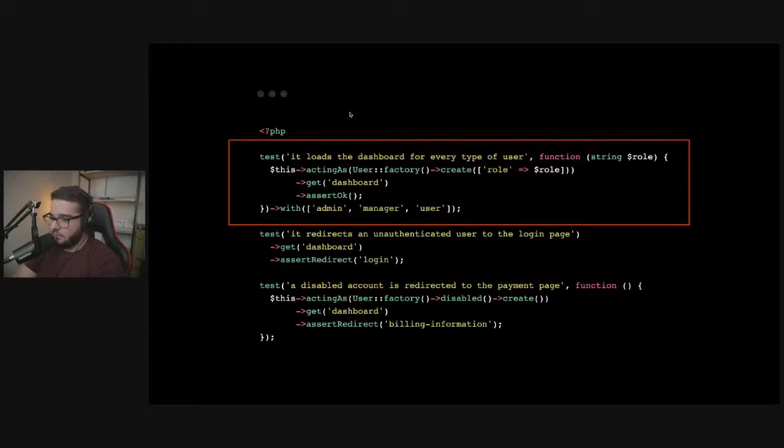And then the test simply makes a GET request to the dashboard route, URL, and then it makes sure the response was okay. So you might think, okay, this is super silly. Why would I write a test for something so simple and for the dashboard, which is probably the first page users access? And that's the thing. You have 3 roles here. So are you really going to test this for each type of user every time you make a change? Because that's why this test is a protection for a disaster scenario.